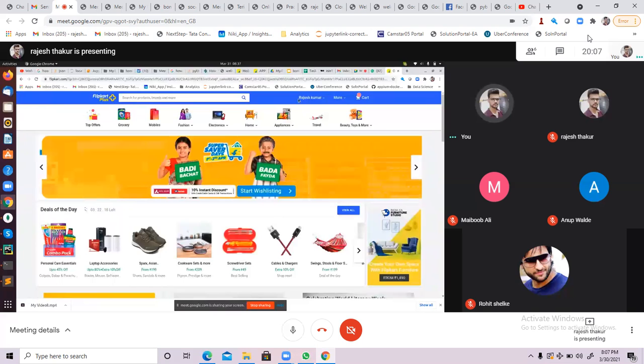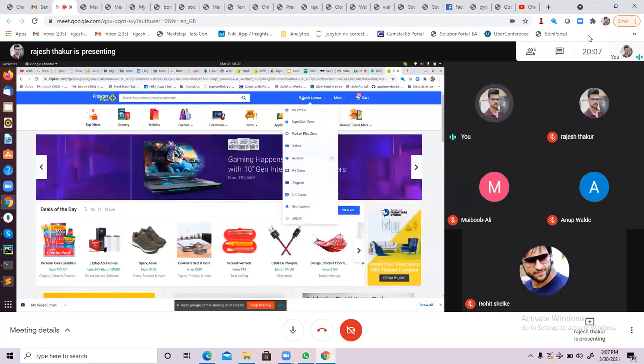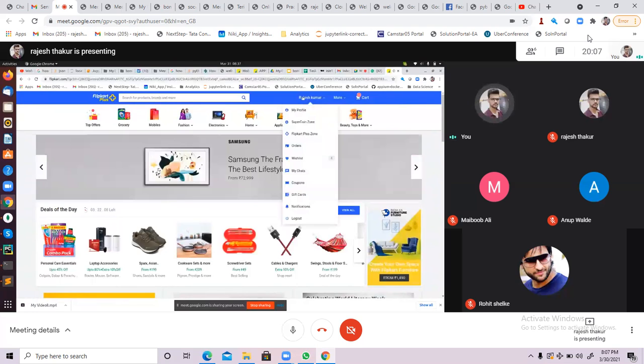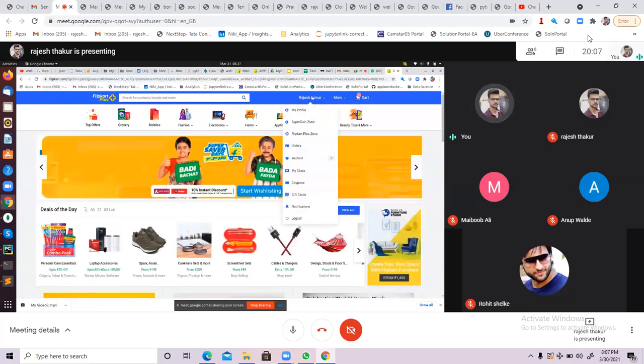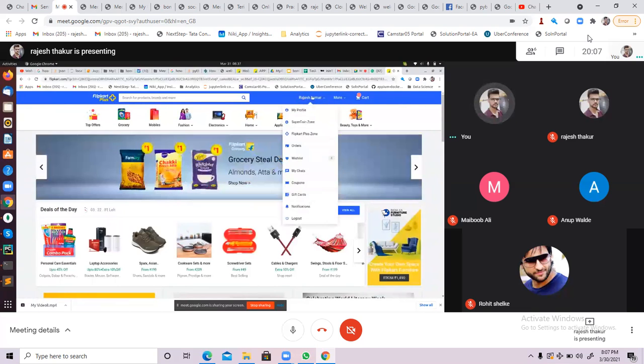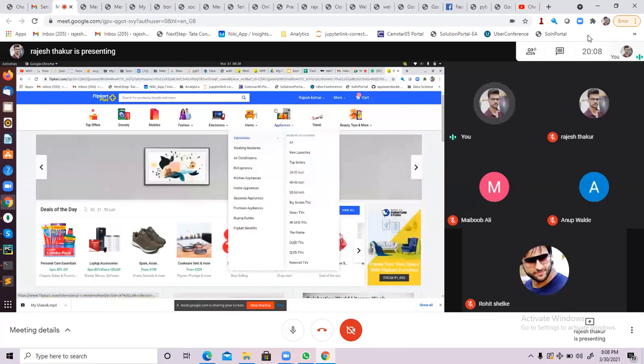Let's suppose you have to identify this element with the help of text. You have to inspect whether Rajesh Kumar, if I logged in as Rajesh Kumar, then I have to verify that Rajesh Kumar is coming at this place or not. Then for sure you have to identify with an attribute, and that attribute you can validate with the help of Rajesh Kumar. So this is one of the ways. Going forward we will see many more things.